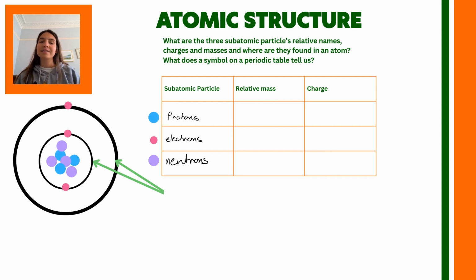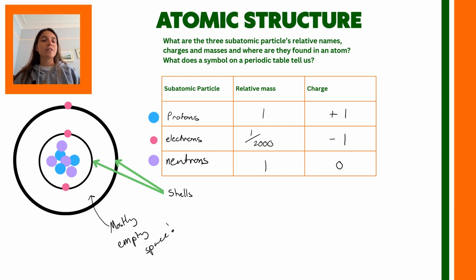So, okay, let's have a look at filling this table in. So my protons have a relative mass of 1 and a charge of +1. Electrons have a relative mass of 1 over 2,000. That means that they have 1/2000th the mass of a proton. And neutrons have a relative mass of 1 as well, which means that protons and neutrons have very similar masses and they are much more massive than electrons. Charges, electrons have the opposite charge to a proton, and neutrons, clue is in the name, have a neutral charge